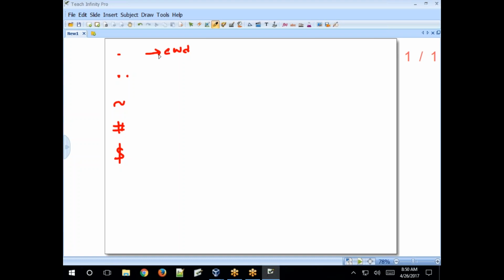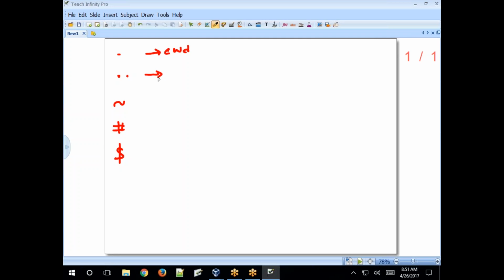So it holds the information about all the file names. It holds the information about the current working directory file names. So whatever files and directories are created inside that current working directory, that information it holds. Okay, so dot represents the current working directory.